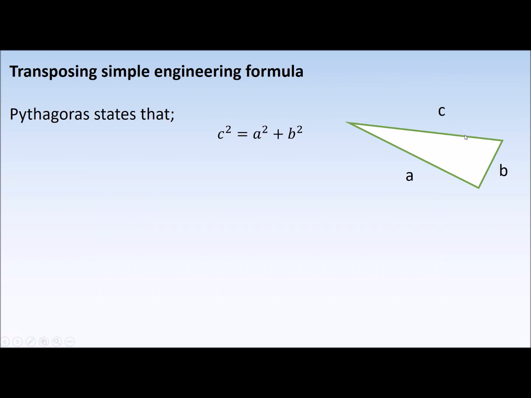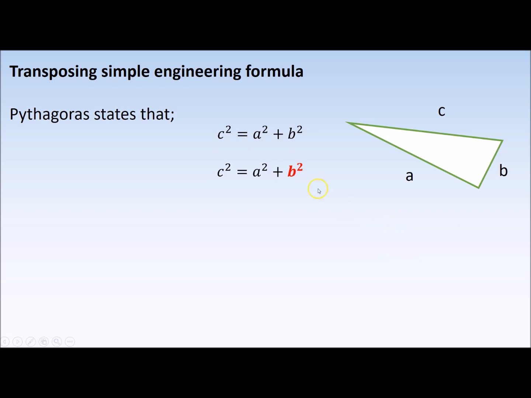So now back to our Pythagoras as a warm-up exercise. We've got our standard formula, c squared equals a squared plus b squared, and we want to find out what b squared is going to look like. We know, for example, the hypotenuse, which is c, and we know the adjacent, but we want to find out what the opposite side is, we need to transpose our